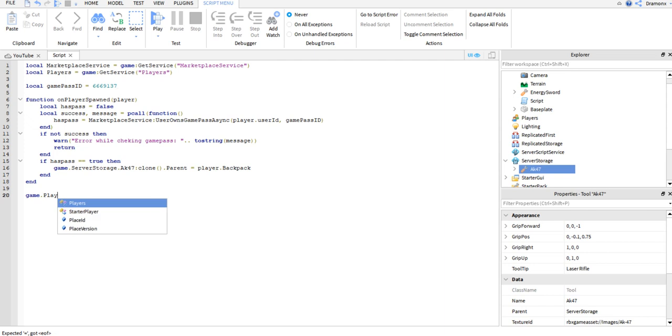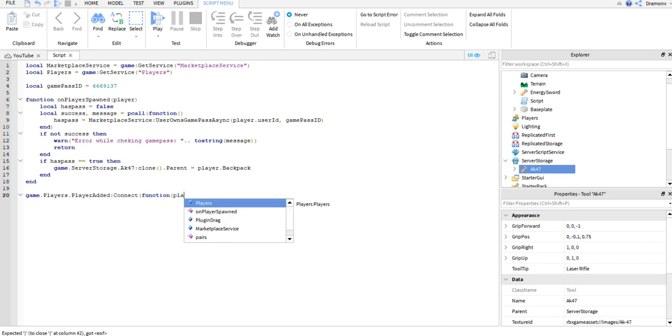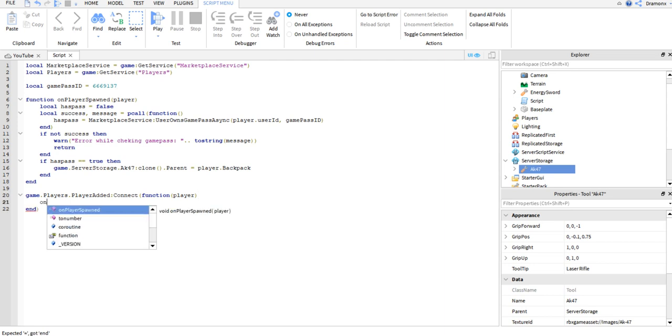Game.Players.PlayerAdded:Connect(function(player), like that. Player.CharacterAdded:Connect(function